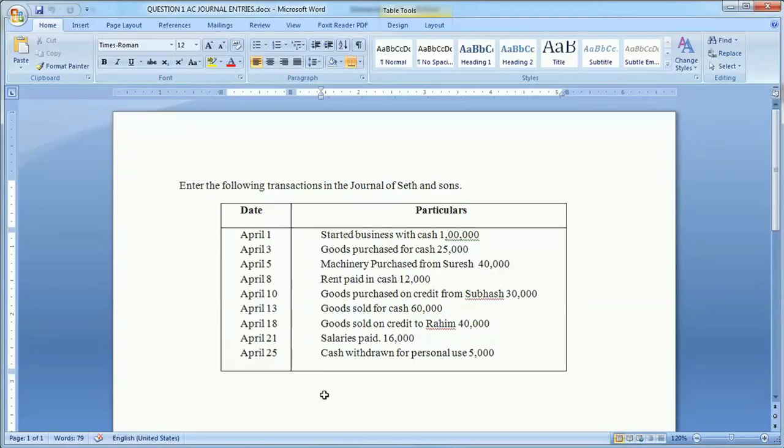Next, salaries paid rupees 16,000. Now, salaries have been paid. Salaries are always paid in cash. So, two accounts here are, one is the salary and second is the cash. Salary is a nominal account. The rule for nominal account is debit all expenses and losses, credit all incomes and gains. And cash is a real account which states that debit what comes in, credit what goes out. So cash is going out, cash will be credited. Salary is an expense, salary will be debited. So the adjustment will be